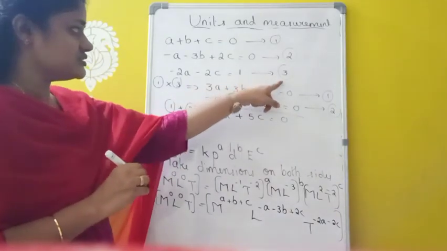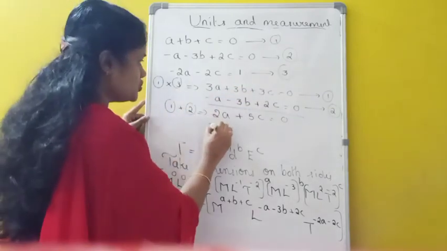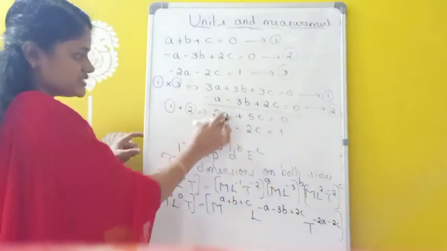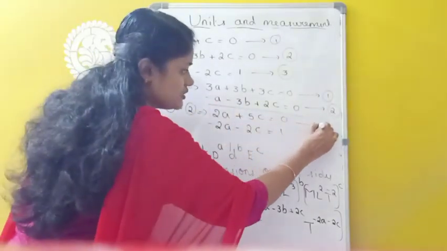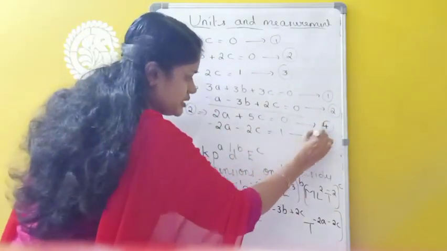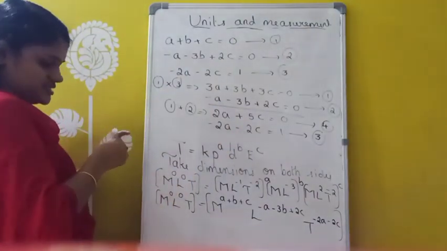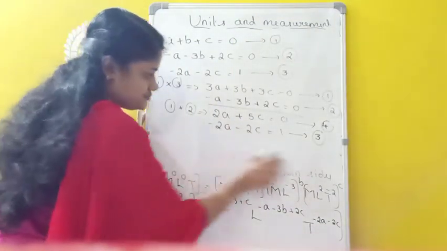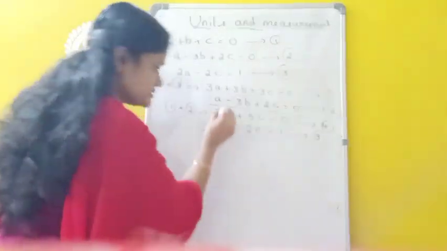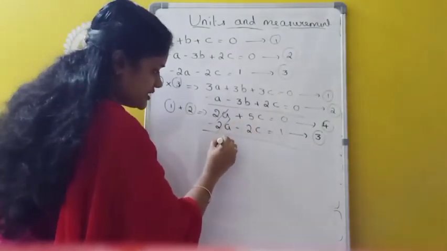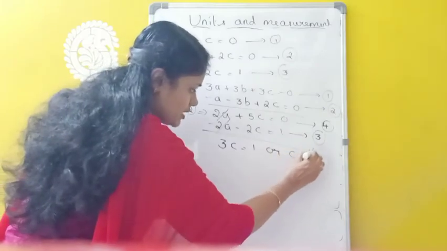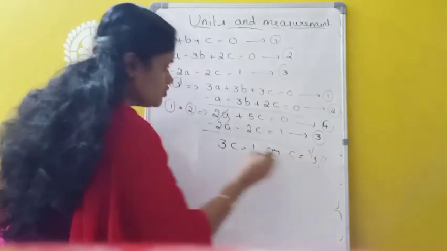But we have another equation, the third equation here, that is minus 2a minus 2c equals 1. So I am adding these two equations. This one I am taking as the fourth equation, and this one I have taken as the third equation. Okay. Now I am adding the fourth and third. That means the a term will cancel. Remaining 5 minus 2 gives 3c equals 0 plus 1, which is 1. Or c equals how much now? 1 by 3. So c value is 1 by 3.